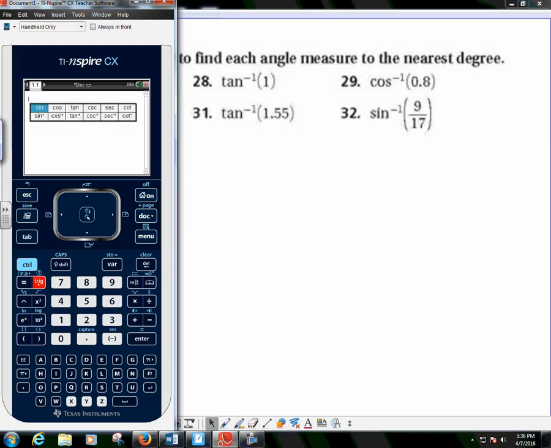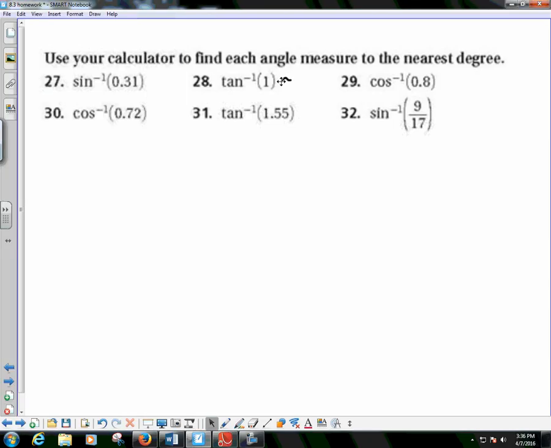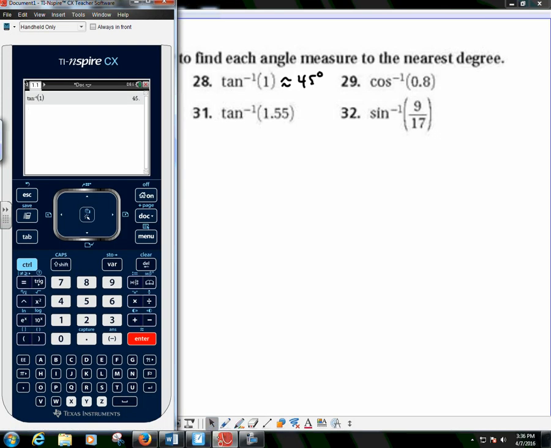So I'm going to come into my trig functions, and I'm going to toggle over to tangent inverse. Tangent inverse, I'm going to hit in 1. So I find out that the tangent inverse of 1 is the 45-degree angle. So what that means is if I took the tangent of 45, my answer would be 1. All right, how about cosine inverse